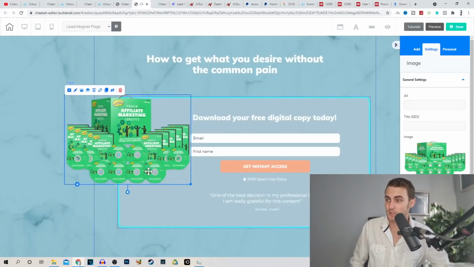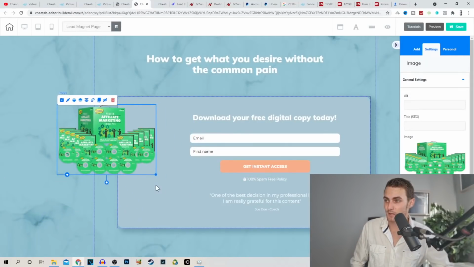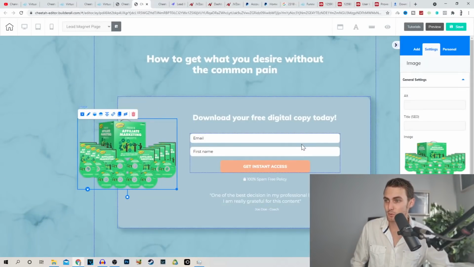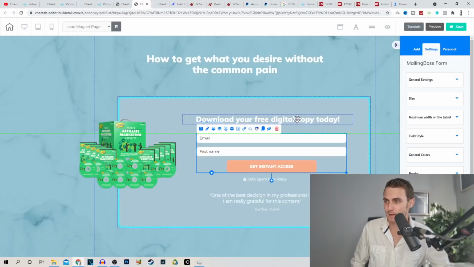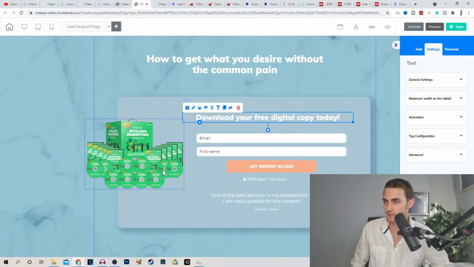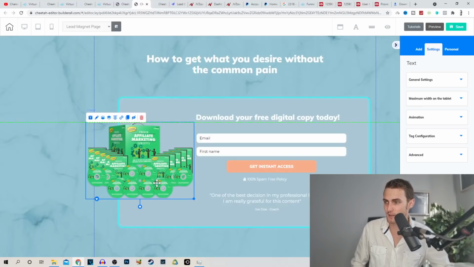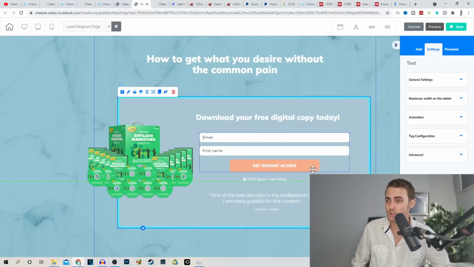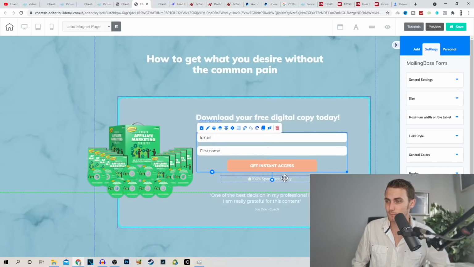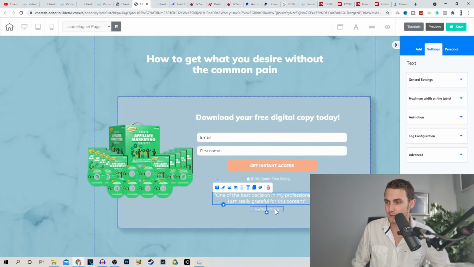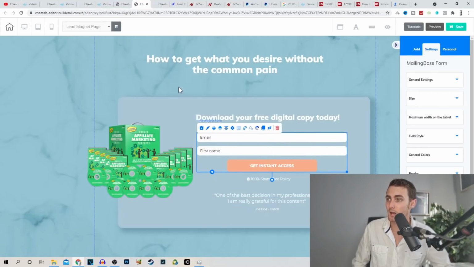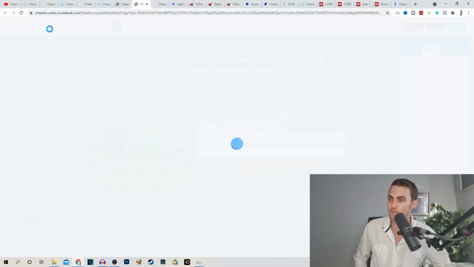Click on save and you'll see over here this picture is now being updated. So maybe we just want to move this a little bit right to make some space over here, and we can increase the size and make sure everything's lined up correctly. You can see it's got these little green lines which help you to centralize everything, but also click on the phone option over here